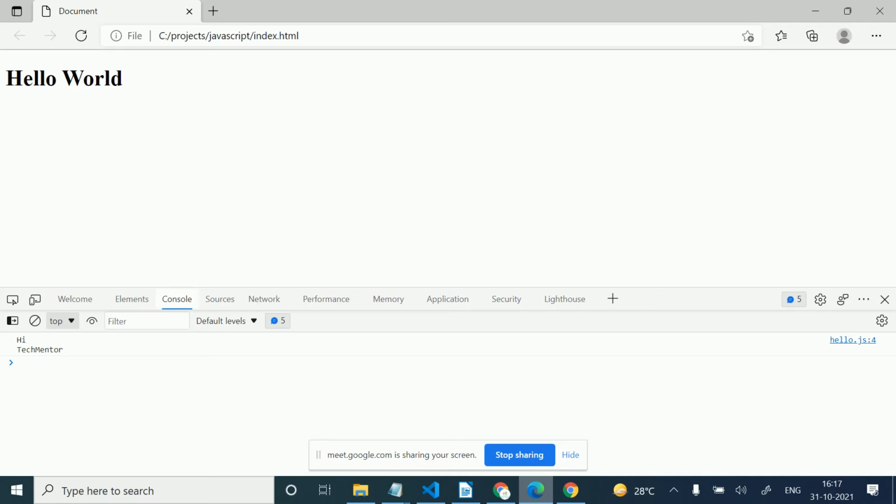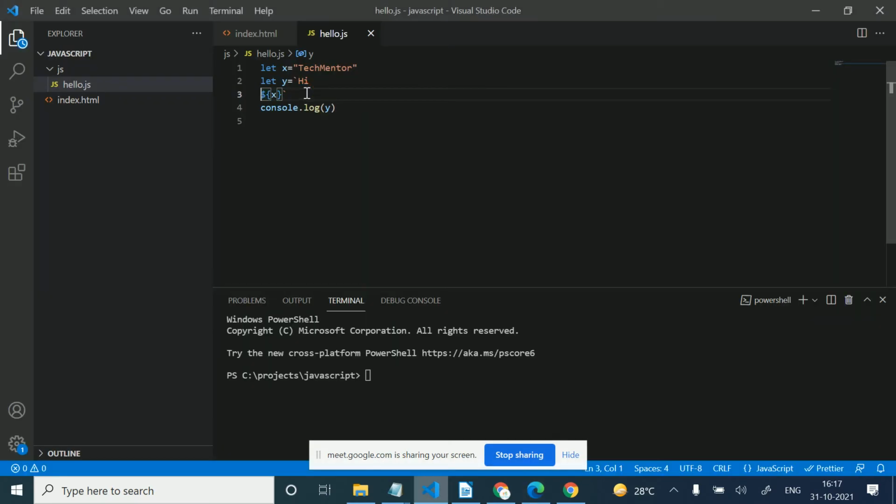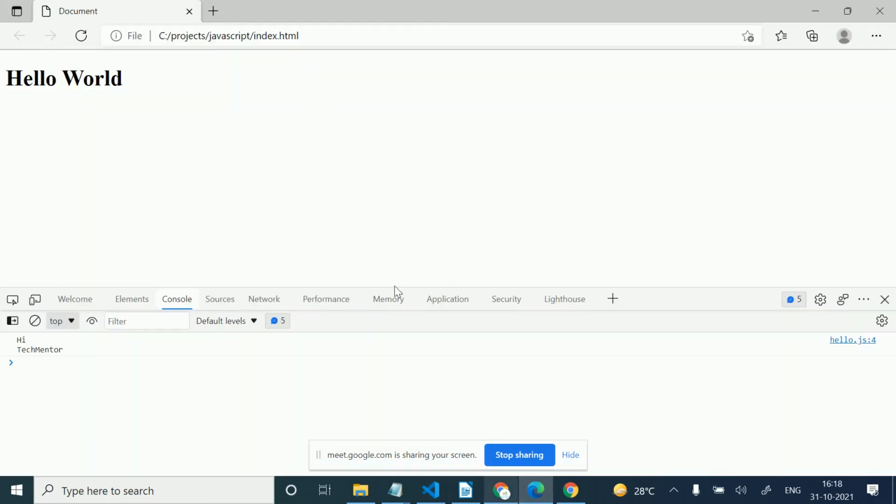If I don't want to use the template literal, I just use double quotes here. In this way I use double quotes, so I need to add a line break here. But in the template literal, whatever string we write, we get the same. I'm just entering some blank space here and refreshing. Now you can see all the blank space is available in the template literal.